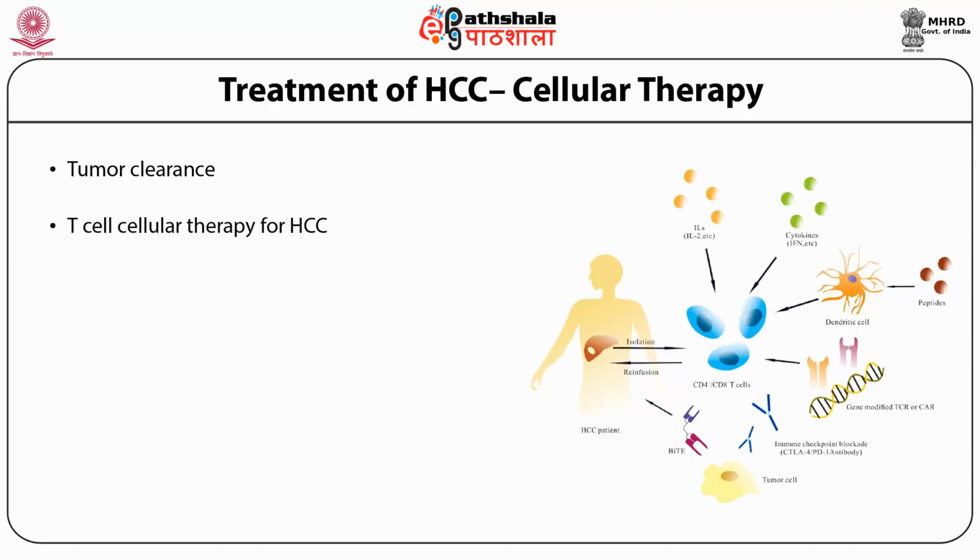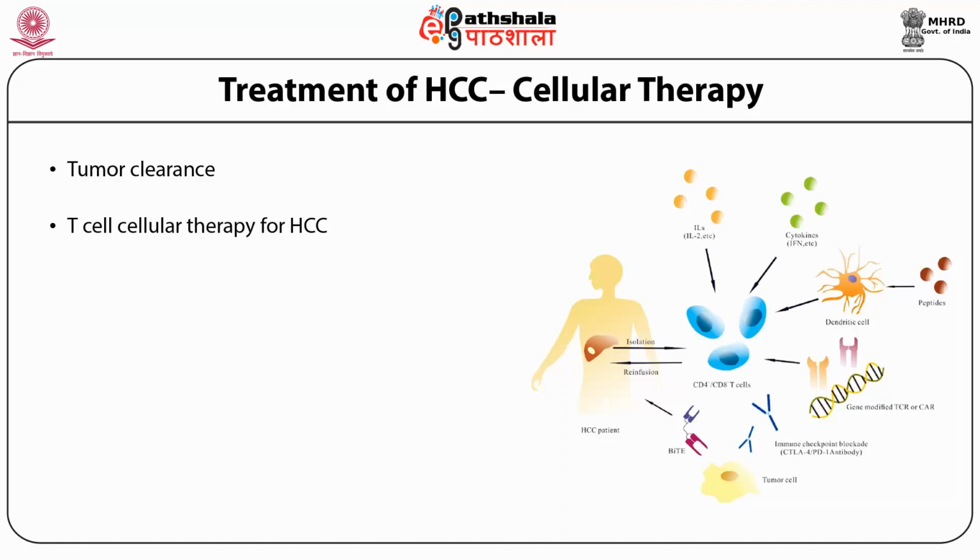Those T cells can be manipulated via a genetically modified TCR, or the total cells can be manipulated, and those T cells can then generate better IL-2 or cytokine secretion and be infused back to the patient for HCC clearance. As an emerging method of tumor clearance, this is the most effective and selective targeted cellular therapy for